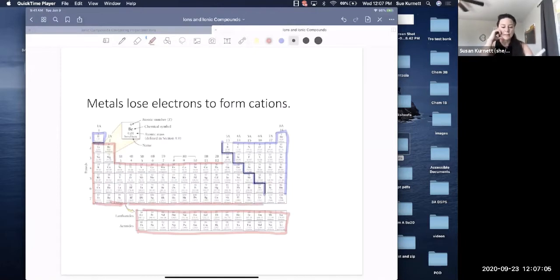There are some elements that are called metalloids. So for the elements that are touching that stair-step line, except for one, those are semimetals or metalloids, and those two words mean the same thing. The one that is not a semimetal or a metalloid is aluminum. It is a metal. Okay, so most of the elements are metals, and metals lose electrons to become more stable. To become more stable just means physically more stable.